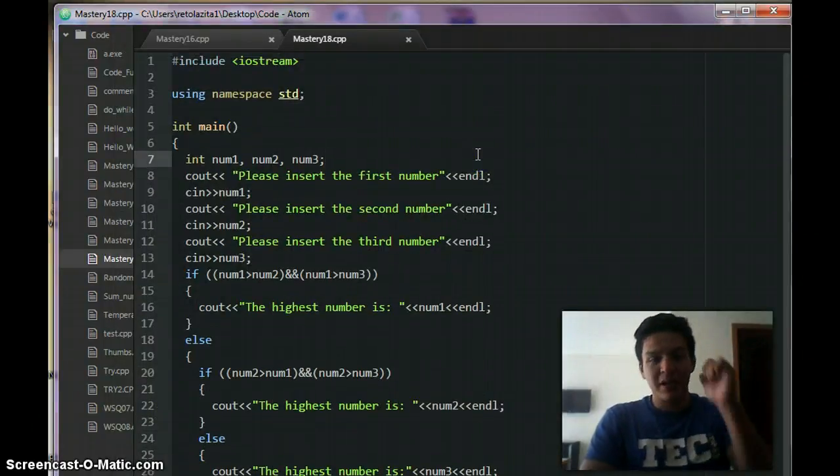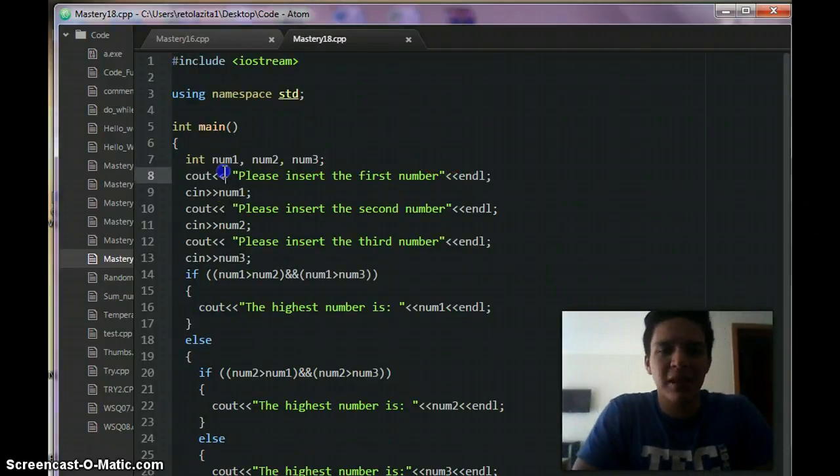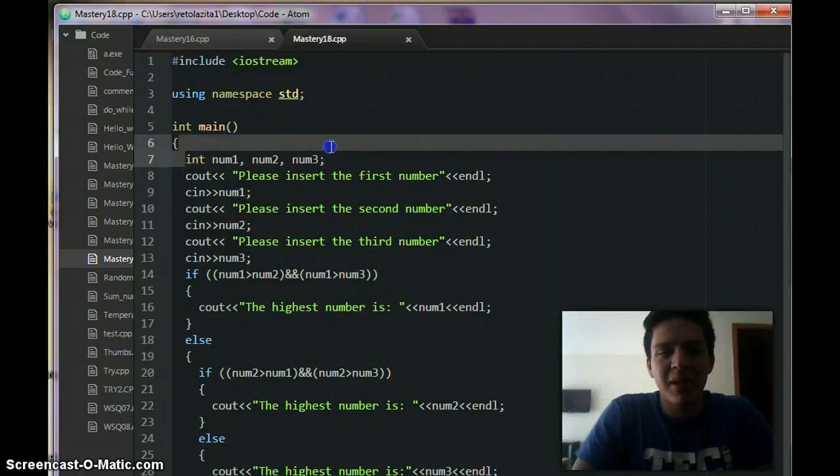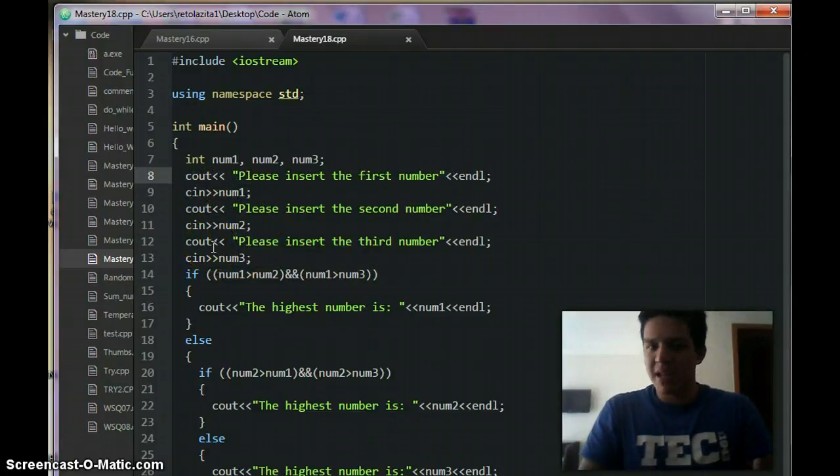Here's a program I made so I can enlighten you in this wonderful trick of C++ coding and programming. Alright, we're going to use the basic three variables: number one, number two, number three. We're going to ask the user to give us the first number, the second number, and the third number, which is number one, number two, number three. And here's where the nesting